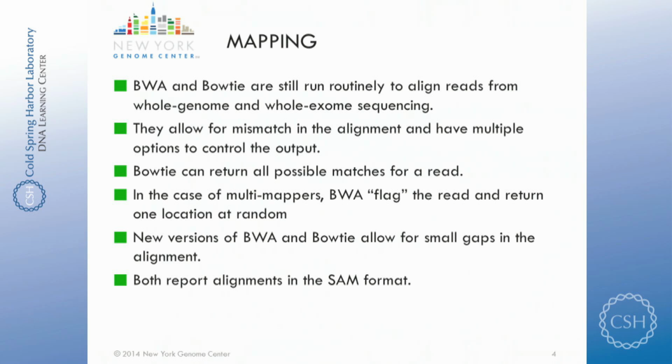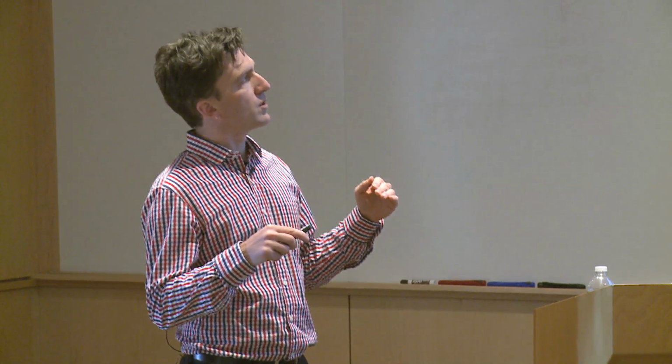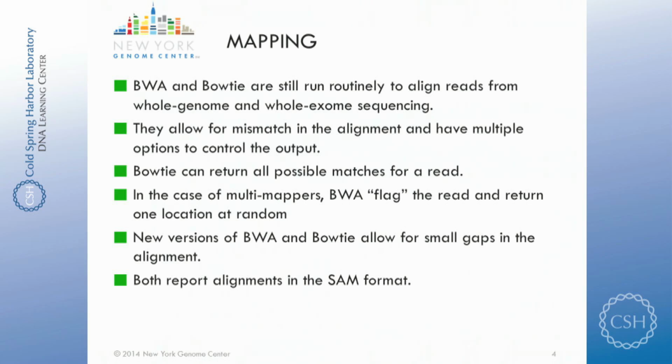In the case of multi-mappers, so when one read maps to multiple locations in the genome, BWA will flag that read in the output and return one location at random. Okay? Whereas Bowtie, with the appropriate parameters, can return all the different locations in the genome. And the new version of BWA, so those algorithms were proposed, I think, in 2009 or 2010, they now also allow for small gaps in the alignment. Okay? But both of them